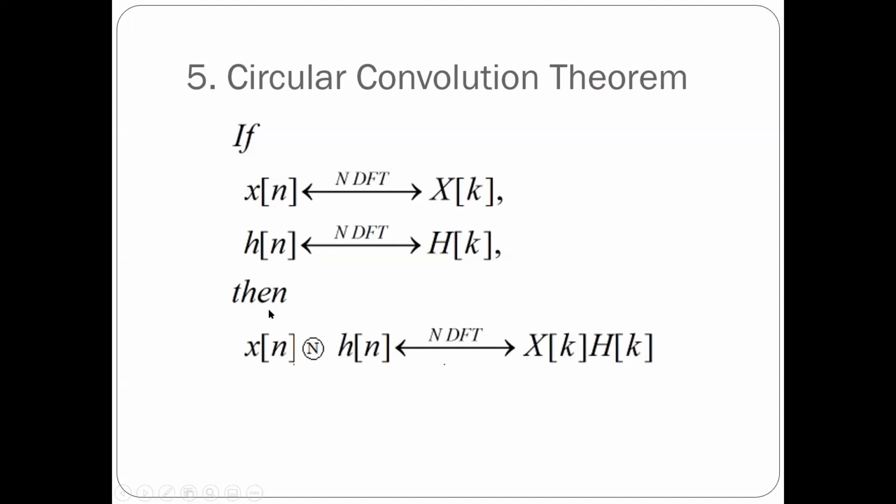Now, why do you need to implement this in the frequency domain? I had also mentioned that this computation of the DFT is an extremely time-consuming operation. Say, for example, if you have an n-point sequence, to compute the n-point DFT of the sequence, you require n squared complex multiplications and 4n squared real multiplications. So that number will be very large. For example, if you have n is equal to, that's the length is equal to 2 raised to 5, which is equal to 32, then n squared would be 2 raised to 5 the whole square, that will be equal to 2 raised to 10.